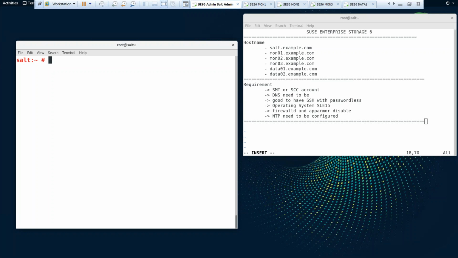And the purpose of this Salt machine is basically to control the deployment of the storage. So you can think of it like a management machine from where we'll push the deployment, from where I will control the deployment, right? And the other three machines are,